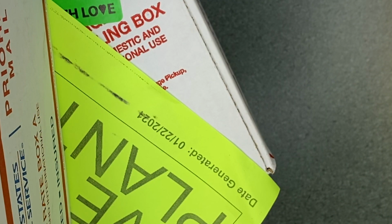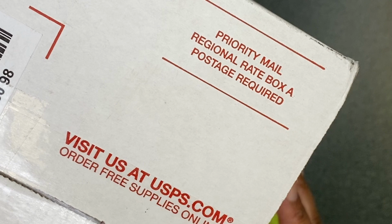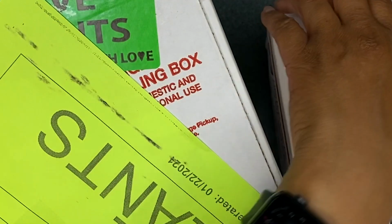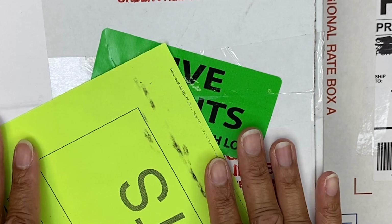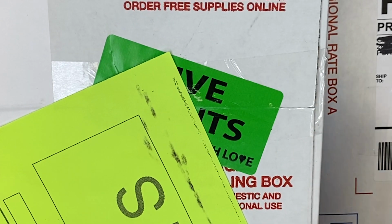Well, it's been one of those days. Rainy weather, gloomy, busy work schedule, and I felt kind of bad all day because I have not one, but 2 orders of plants come in today. I was actually not expecting them until tomorrow, so it was a nice surprise, but I had a day that was packed with meetings and work stuff and things ran over, so I felt so bad seeing these 2 boxes